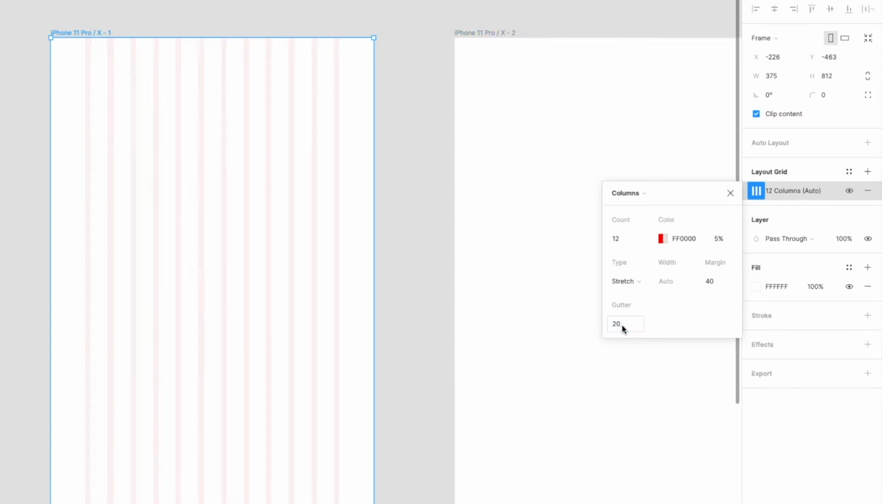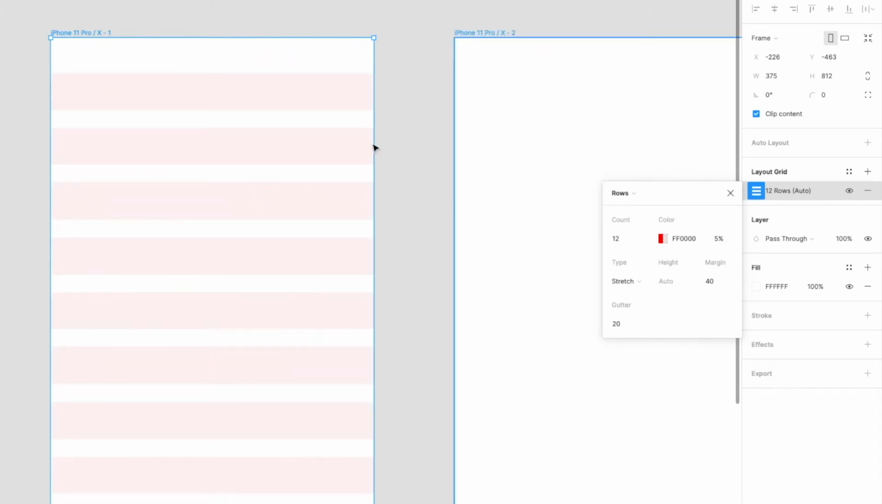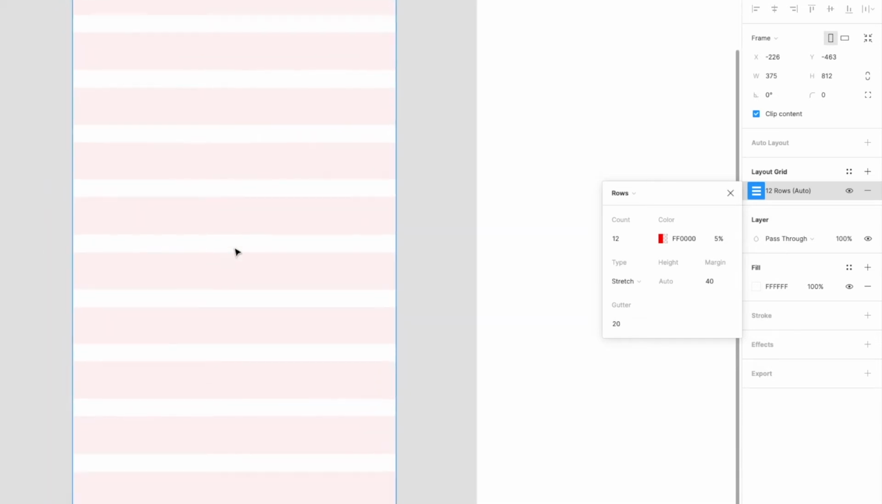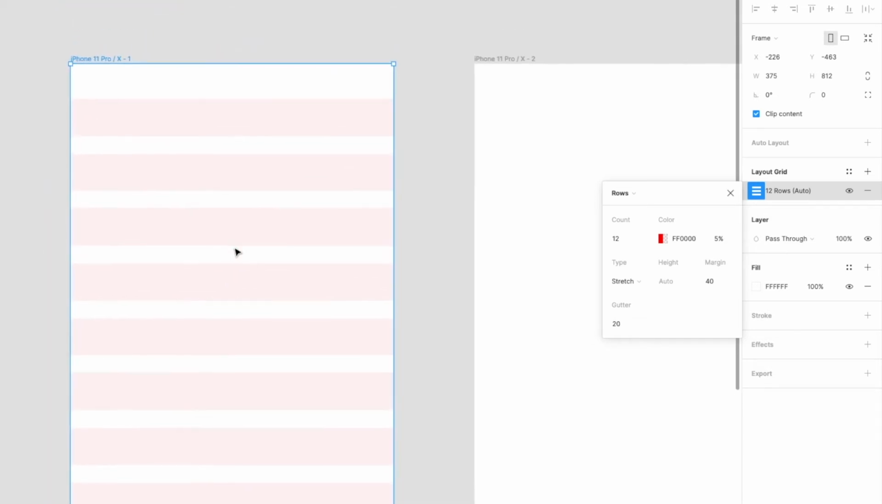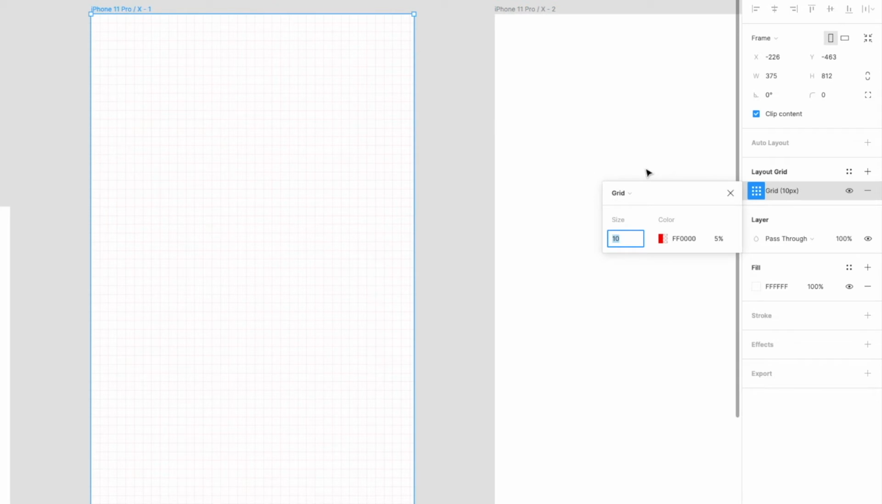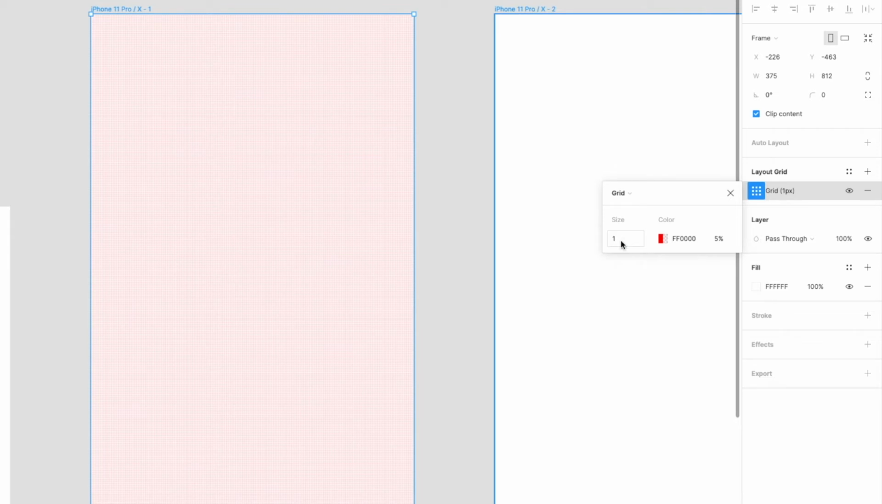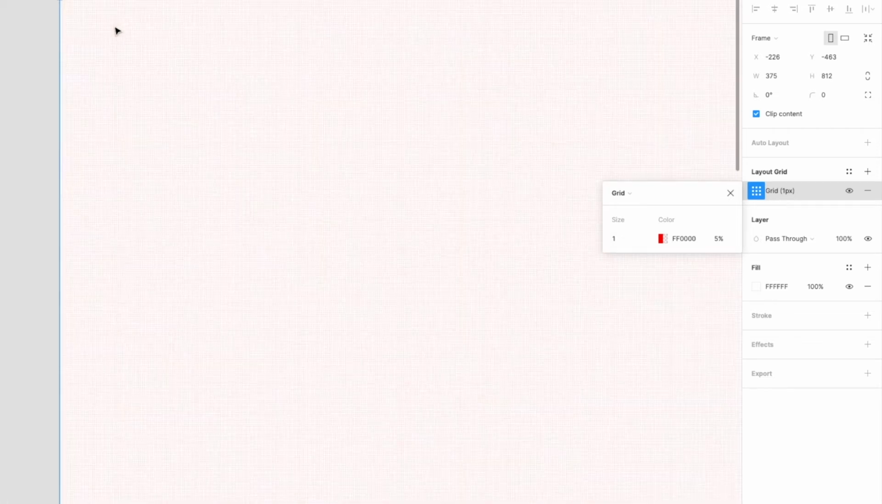So feel free to play around with this and really find an optimal grid for your project. If you're working vertically, you can also use a row grid, and that will help you distribute your items along the vertical axis. For the main grid option here, you can also choose the size. So if I choose 1, and I zoom in, I can see I have a 1 by 1 pixel grid